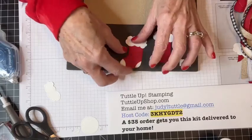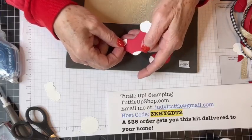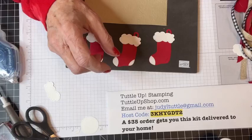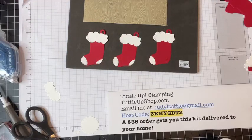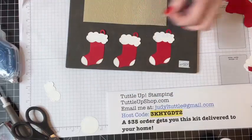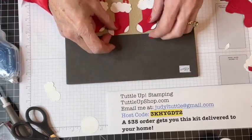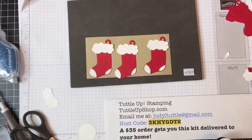Right there. I need to move that toe down a little bit here. I'm going to see if it'll let me do it. Yep. Sometimes it's hard to see against the foam mat. Okay, there we go. And here's another little heel, right here. Okay. There we go. Cute, huh? Okay, so now I'm going to take each of these and I'm going to pop them up 3 in a row right here on my tag. You probably need to move this down here a little bit, right? Okay,